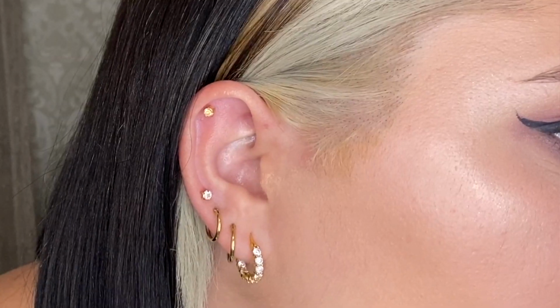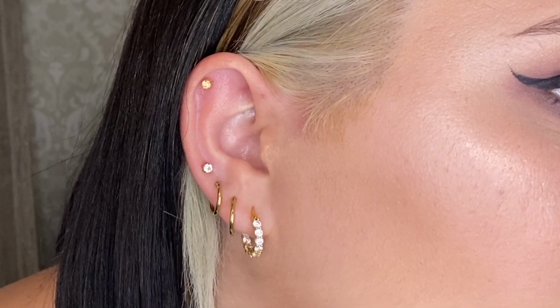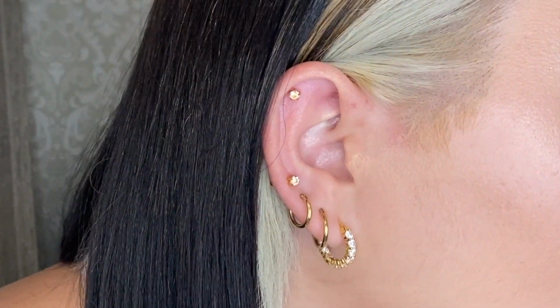This is what my mom did. She did such a good job. Thank you, Mom. I've always wanted one of these piercings and it looks so cute. I love it. And then like I said, I have my 4th done